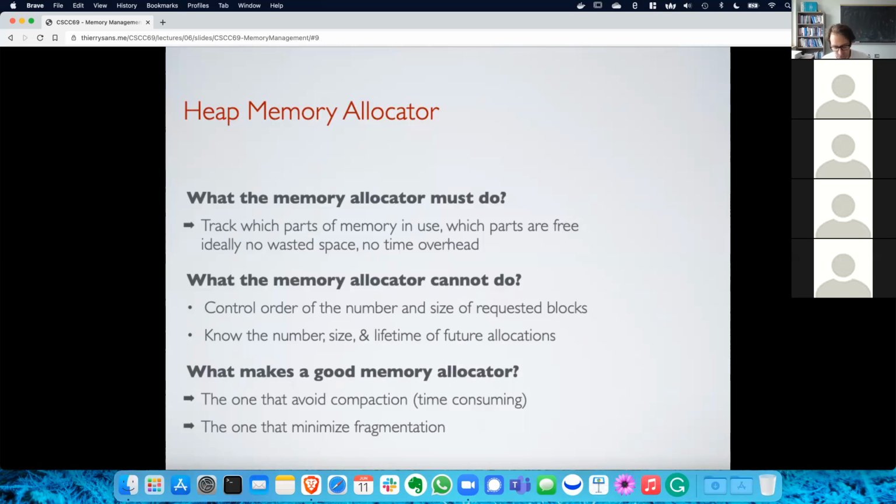So when you do a malloc, think about it this way: a malloc is going to be a system call. The system call is going to say, okay, now I'm going to allocate space on the heap, but I need to manage my free space. Because you're not going to keep allocating pages and pages. You need to reuse stuff that has been